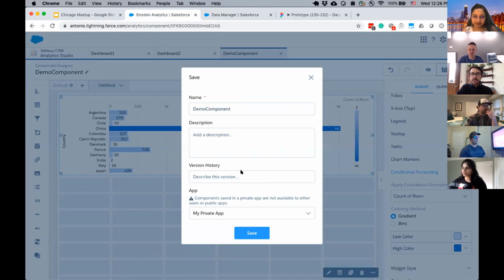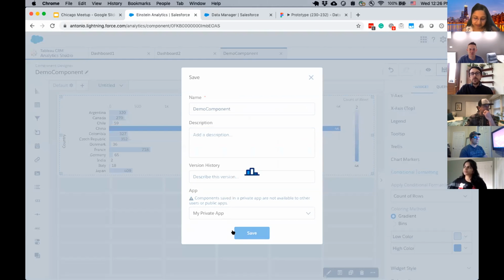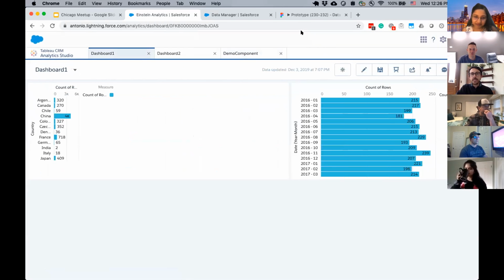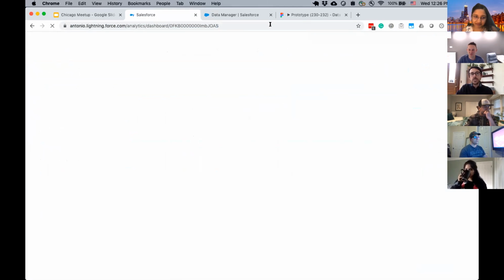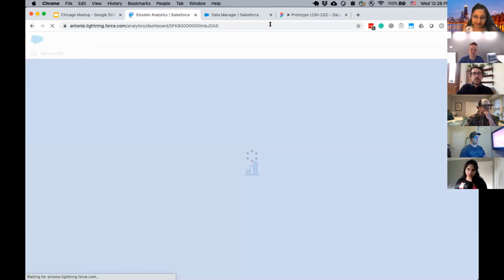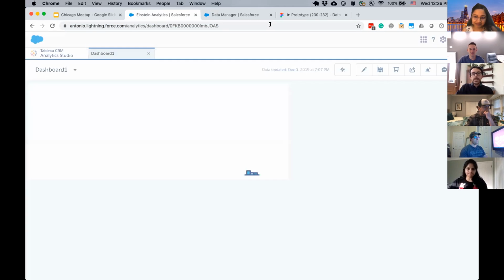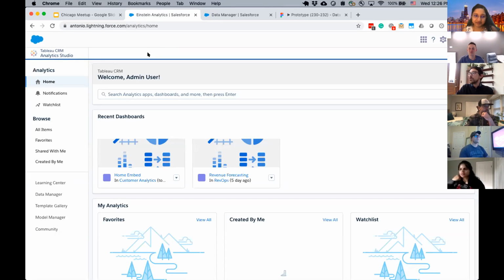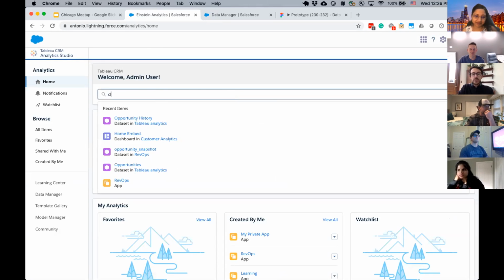Now, if I save my component, again, it gives me a reminder that it needs to be in the right app for the dashboard. But you know, it's fine. Let me quickly refresh this dashboard, and you can see that my changes have been applied to the dashboard. They apply also to the other dashboard too. So that's very good because I can